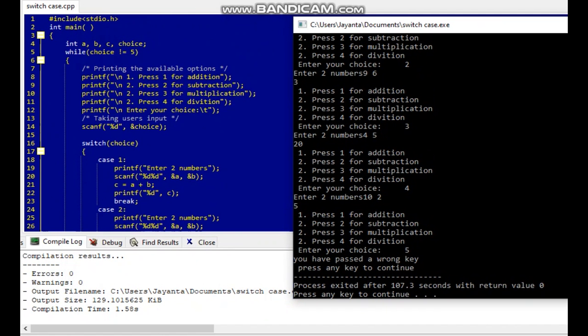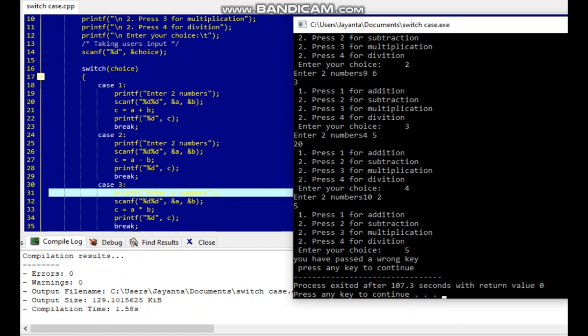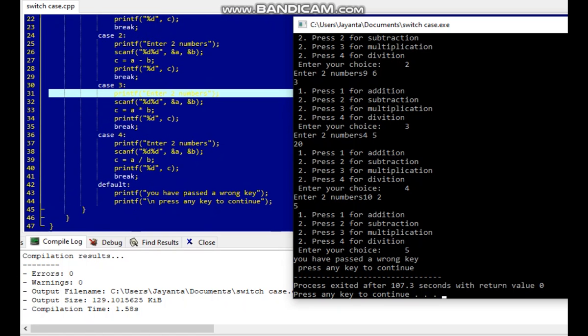So here is the message which will be shown in the output. Case 1, case 2, case 3, case 4 are for addition, subtraction, multiplication and division, and the default message is: you have passed a wrong key and press any key to continue.